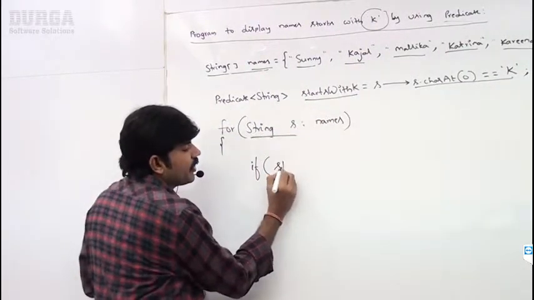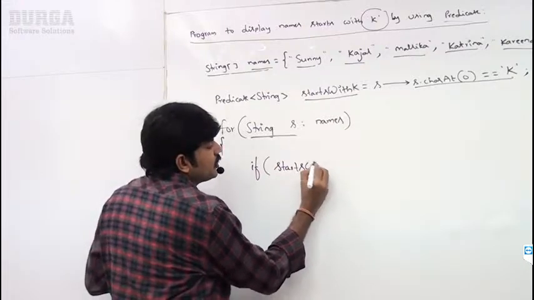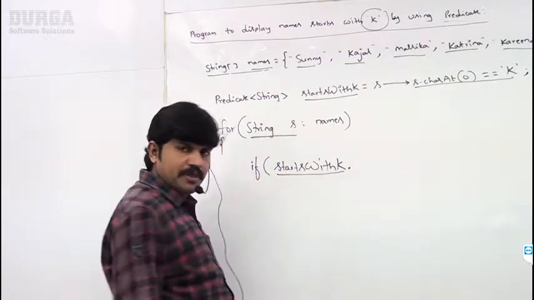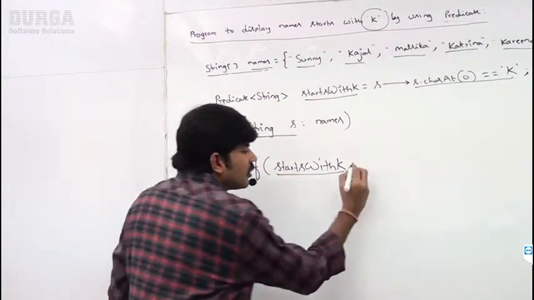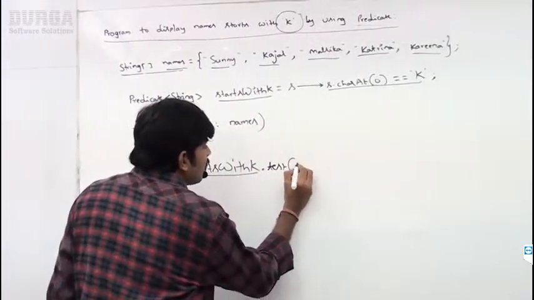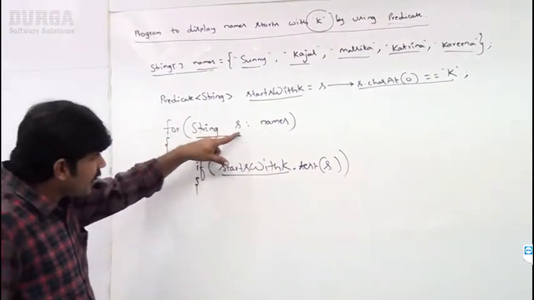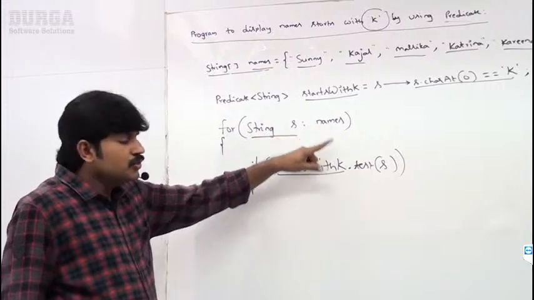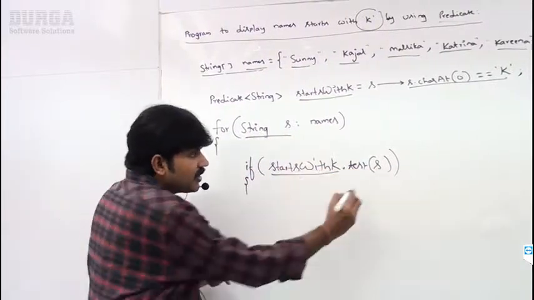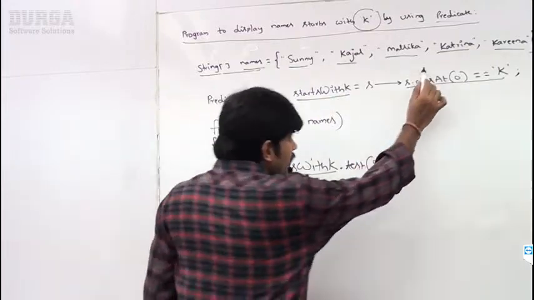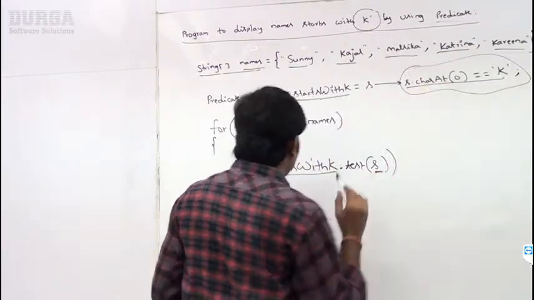Now the predicate variable name is startsWithK. This is the predicate. startsWithK.test(s). So for every string s in names, I'm passing this s and calling the predicate's test method. If it returns true,